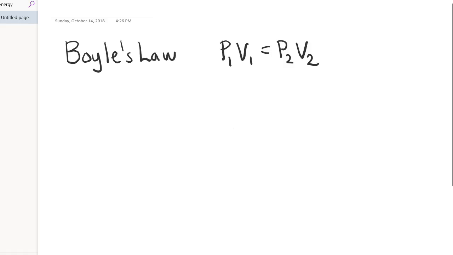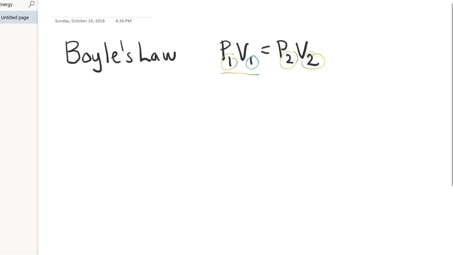So we are going to learn a little bit about Boyle's law, another characteristic of gases. We've been learning about gases. And Boyle's law is that the pressure at one volume is going to be the same as the pressure at another volume and a different pressure. So in other words, if you had